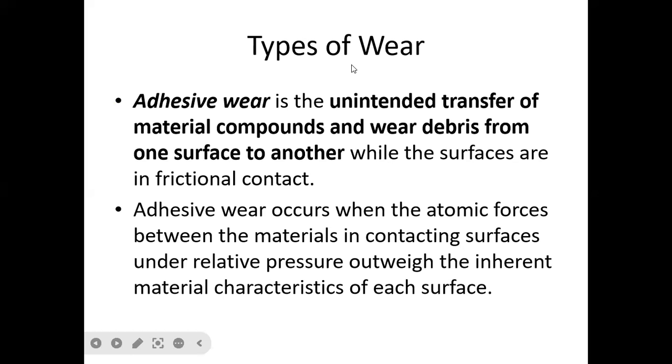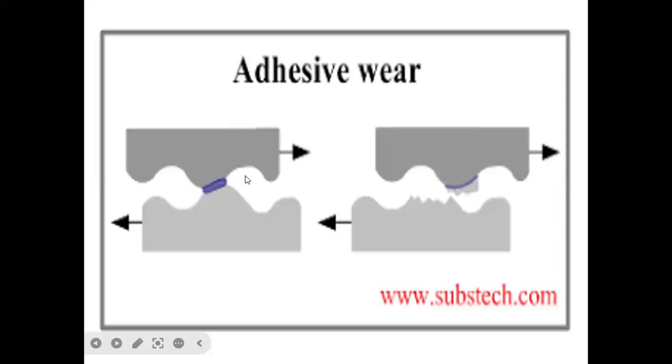One classic example of adhesive wear is every time we remove an adhesive tape or scotch tape from our book, and there are actually some parts of the book that will be attached to the adhesive tape. So that is an example of adhesive wear. One body is being attached to the other. Just like this illustration we have here, body 1 and body 2 in frictional contact with one another. As they relatively move, as you can see in the second image, part of body 2 is now attached to body 1. So this is a type of adhesive wear.